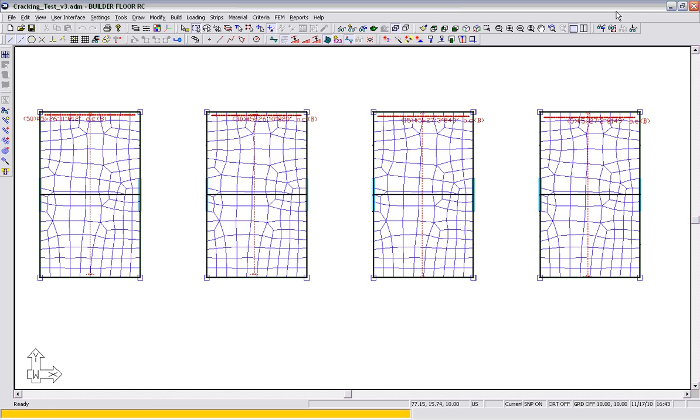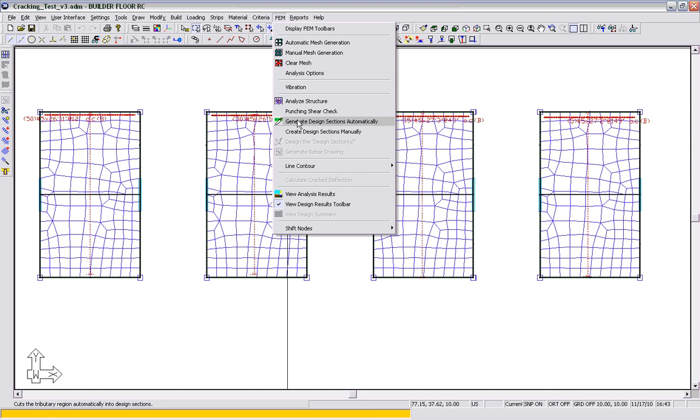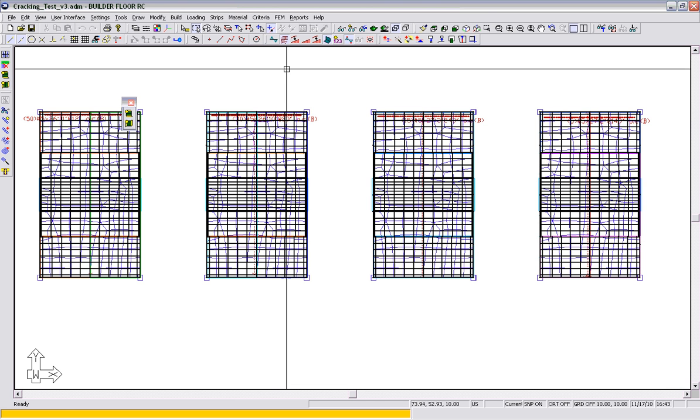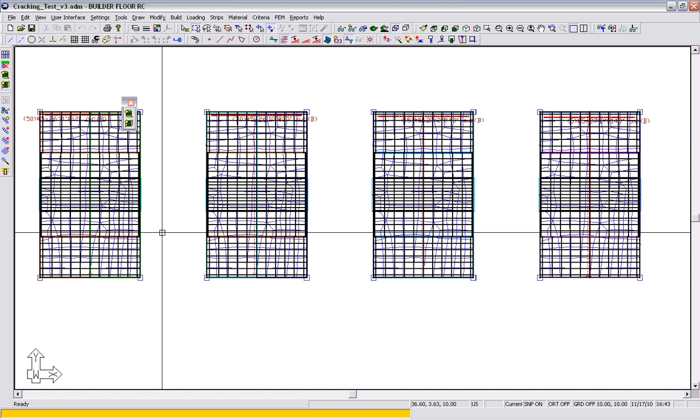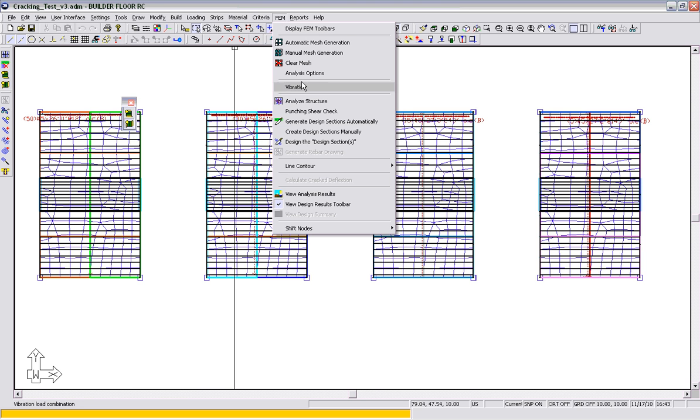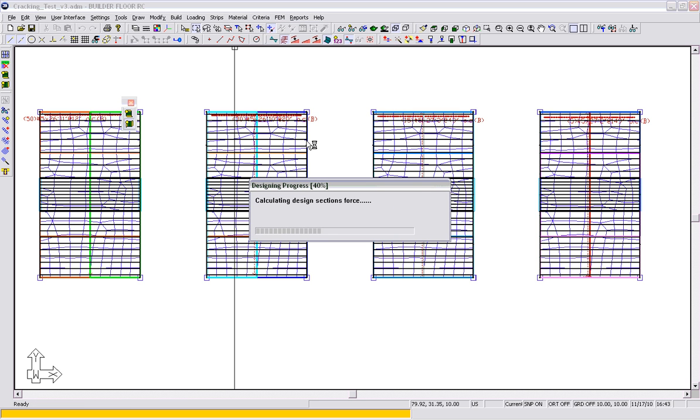So we now need to generate the design sections. Even though no reinforcement is going to be designed, we have to generate and design the sections in order for the base reinforcement to be initialized for the cracked deflection calculation. So we've set up our design strips in the X and the Y directions, and going back to FEM, we're going to design the design sections for those strips,